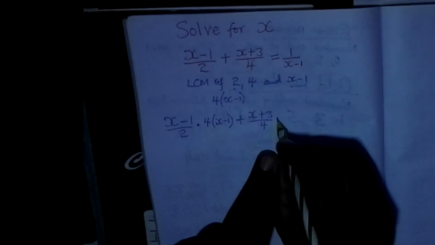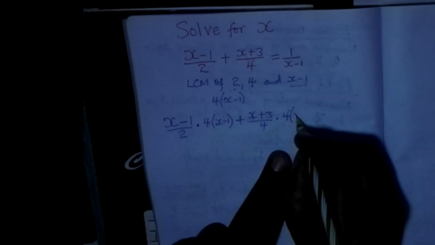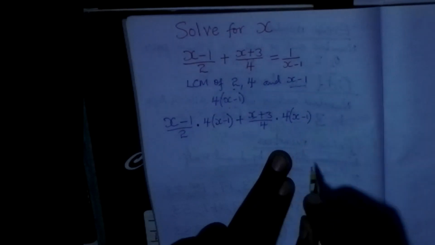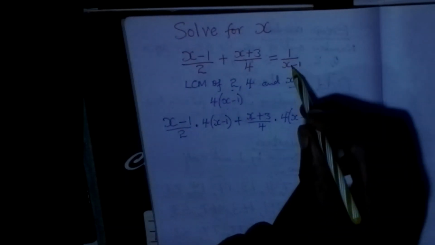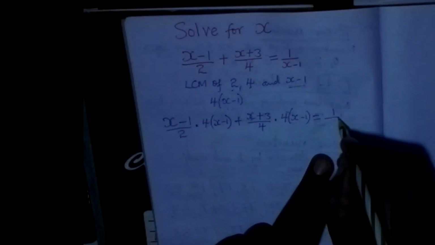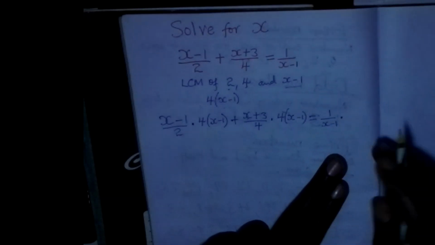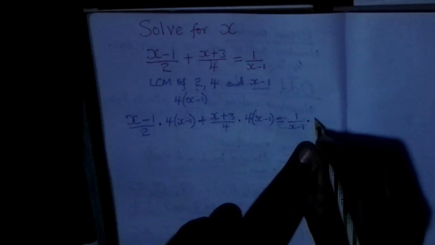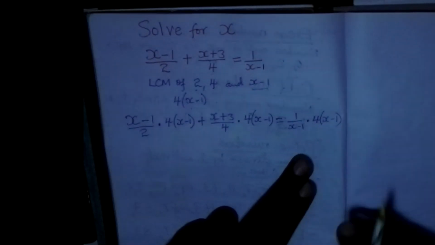We multiply again by the LCM, 4 times bracket (x minus 1), is equal to the other term, 1 over (x minus 1), again multiplied by the LCM, 4 times (x minus 1),